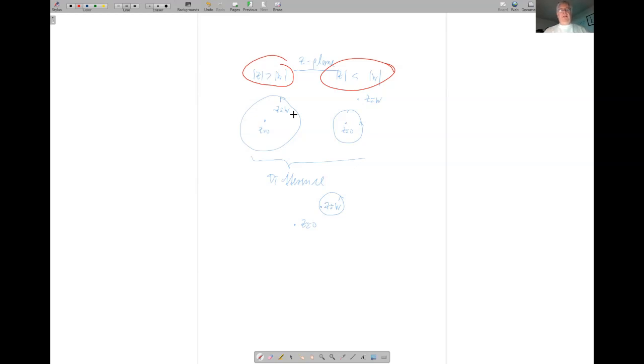Whereas if the ordering is the other way around, then the contour integral over Z will only encircle the origin. Therefore, if I take the difference between these two expressions, I will end up with a contour integral which only includes the point where the arguments Z and W coincide, and the Z equals 0 contribution cancels out. And this is what I have